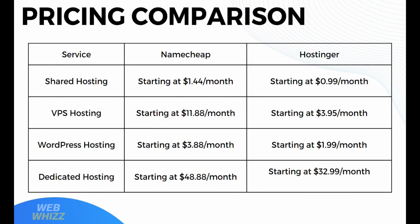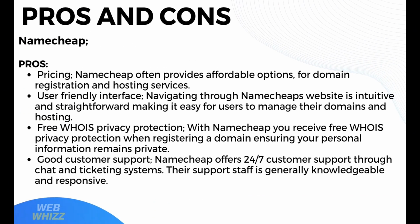Now in terms of dedicated hosting service, Namecheap offers starting at $48.88 per month, while Hostinger offers starting at $32.99 per month. Now moving on to the pros and cons of both platforms, starting with the pros of Namecheap. The advantage of Namecheap in terms of pricing is that Namecheap often provides affordable options for domain registration and